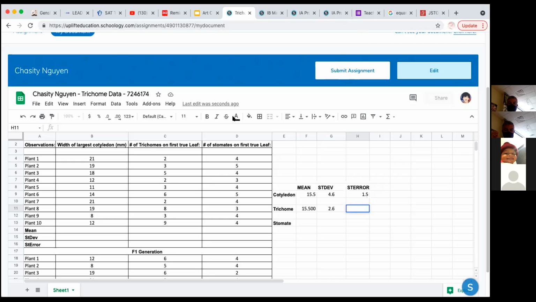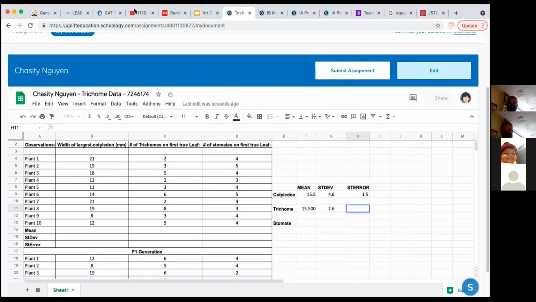So first thing you got to do is, what's your sample size? How many plants were in this sample? 10. So what's the square root of 10? 3.16. Yeah, so it's going to be 2.6 divided by 3.16.